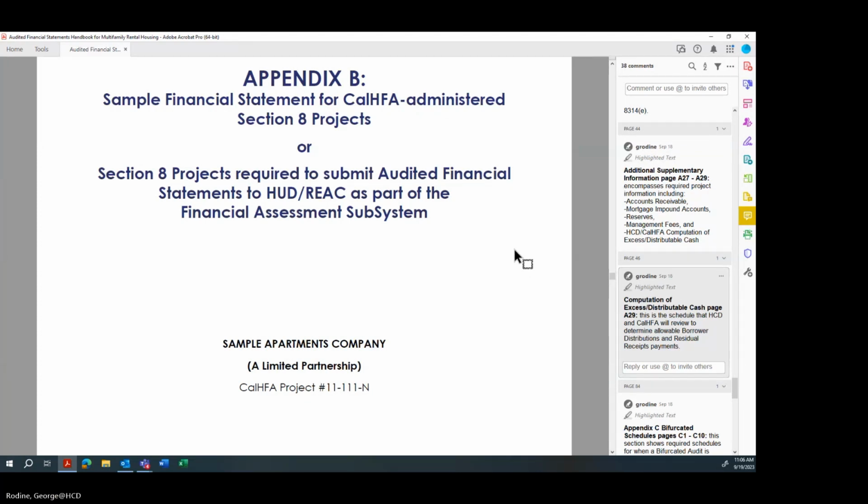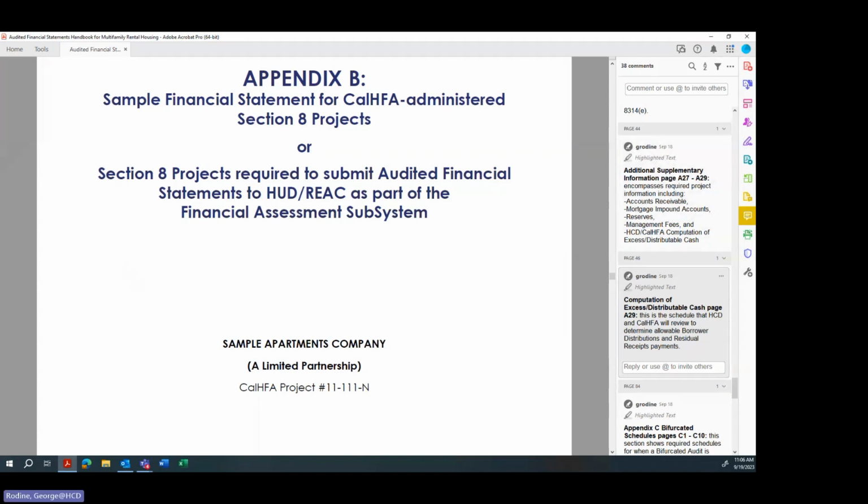We need to know what's going on at the projects, and looking at financial reporting is one of the best ways that the AMC fiscal section has to monitor and provide technical assistance and guidance to project owners. So that's why we definitely need the side-by-side 2-year comparative